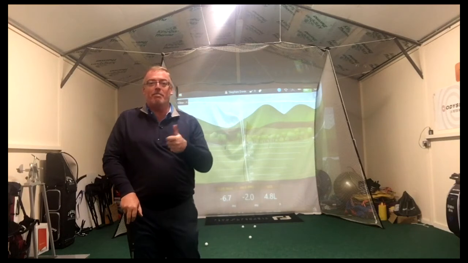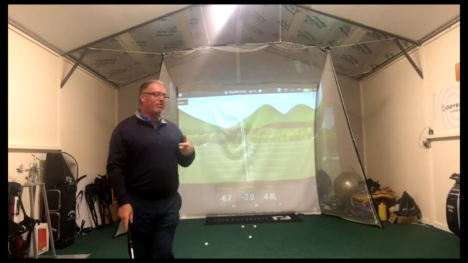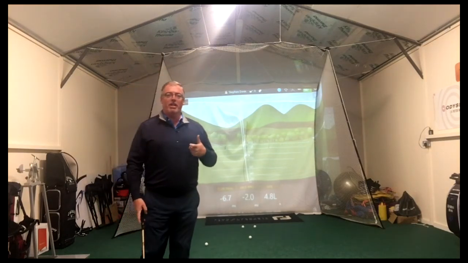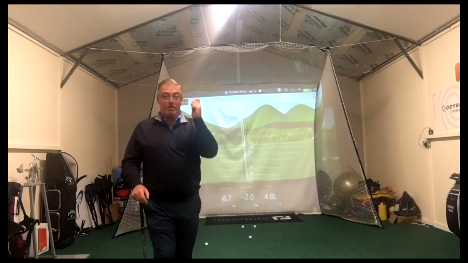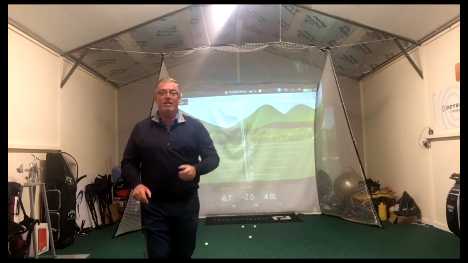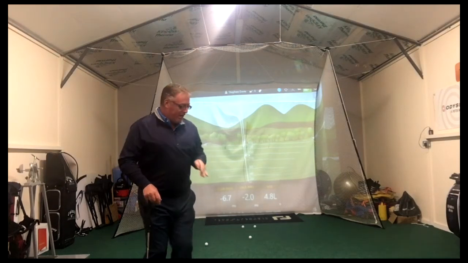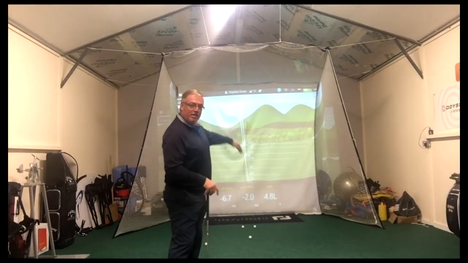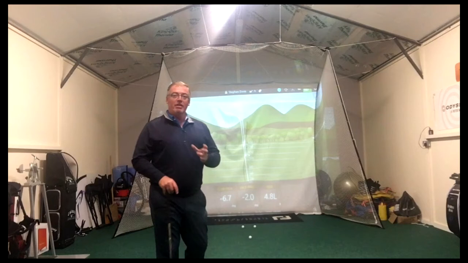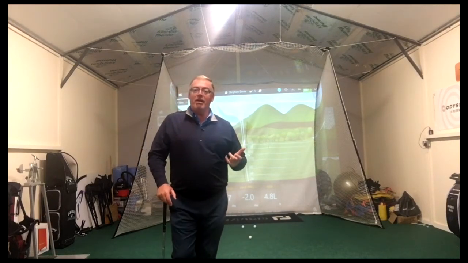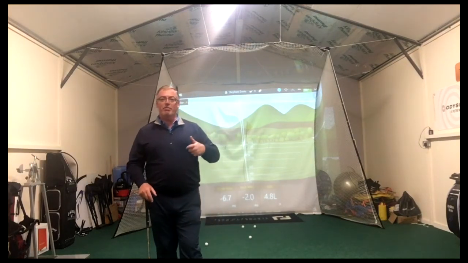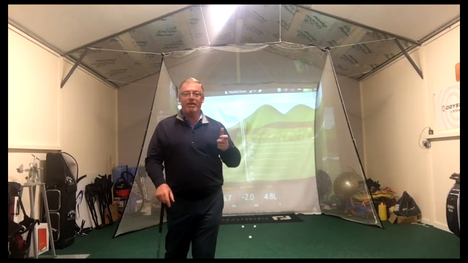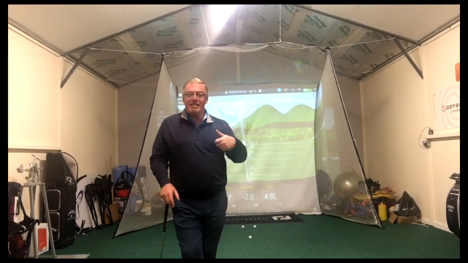So, how do we get that into our game? How do we learn to manage club face? A drill I use with my players a lot is I will stick an alignment rod, or sometimes I'll just put their golf bag out on the practice ground about 10 foot in front of the ball, directly along the ball to target line. And I get them to simply start the ball left of the bag every time, or the alignment rod. Be left of it every time. If they struggle with this, sometimes we will alternate left, right, left, right, until they get the sensation.